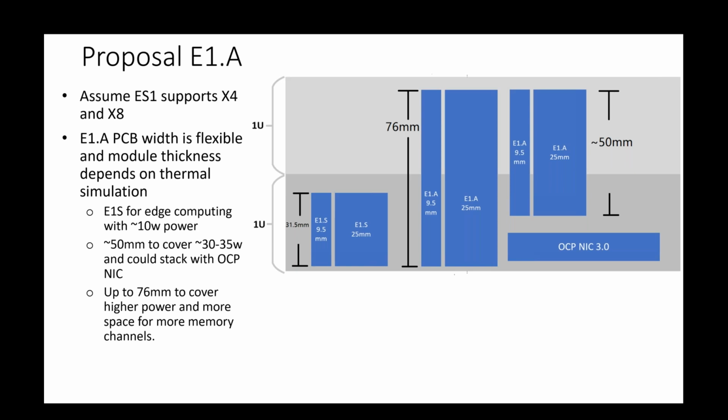Well, so we did. I guess the way I look at this is E1S, I think our ship has sailed. I guess that's our perspective because we're selling them now. But that E1S will go into an E1L enclosure, and then you can use it for that. So those two are compatible right now, right? I mean, they're different lengths, but you can put...